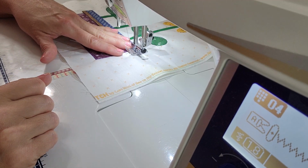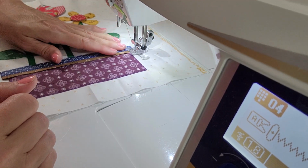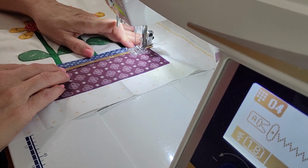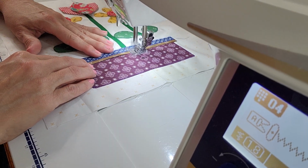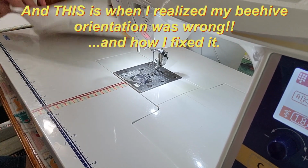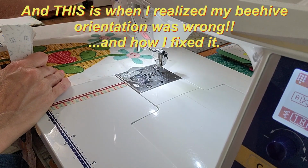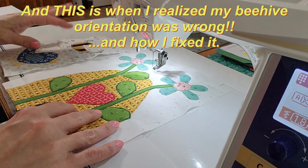That would definitely save you a little time if you're trying to figure out ways to save time when you're machine appliquing. Just not having to switch your colors out would be one thing that you could do. Alright, so all the applique is completed, and now I'm just going to put together a few blocks in row 4, just because I want to be able to put them together as I go along. So I know that this little bee and bird...